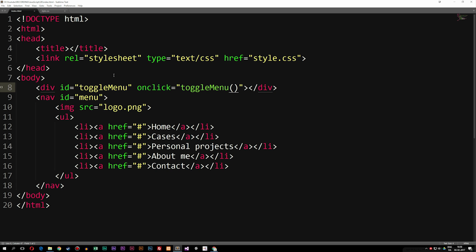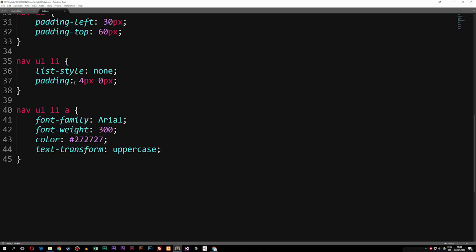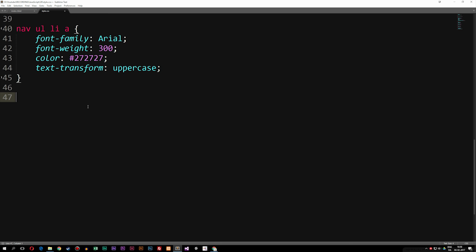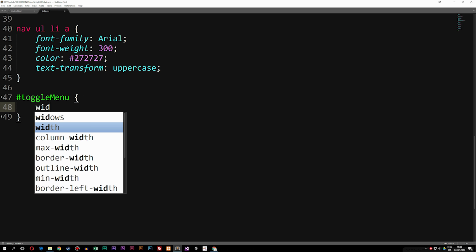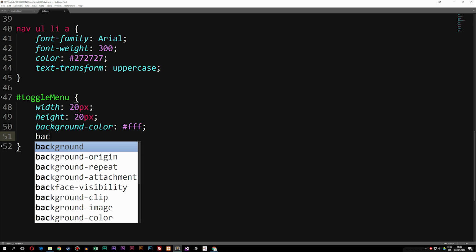So what I'm going to do now is style what we have here, the div tag, so it looks nice, by going back inside the style sheet. I'm just going to go to the bottom here, and I'm going to write hashtag toggle menu curly brackets, and then the first thing we're going to write is a width. I'm going to set it to 20 pixels. Now, because I want this to be a complete square, I'm going to set a height as well to 20 pixels. I'm going to set a background color to white. I'm going to set a background image